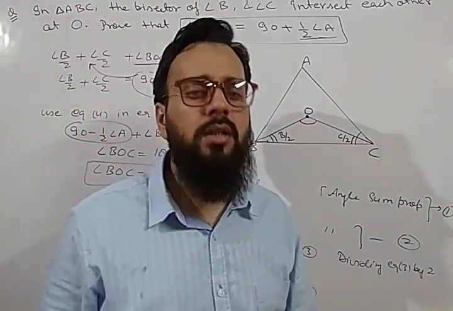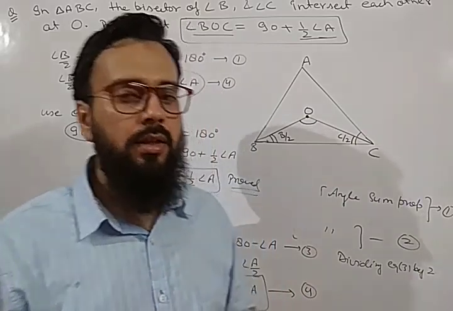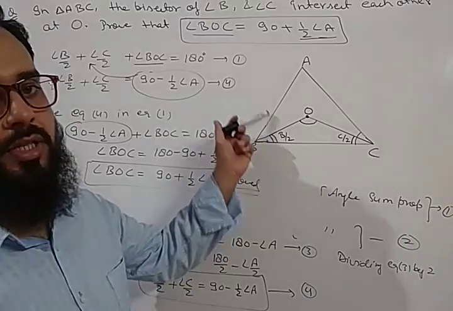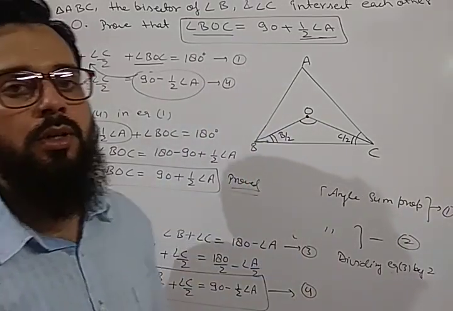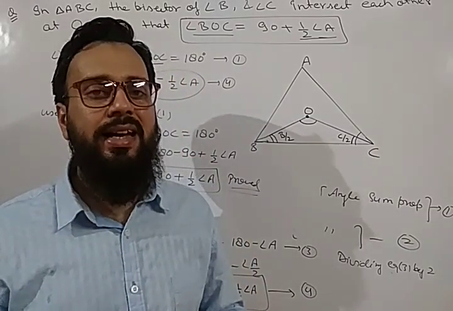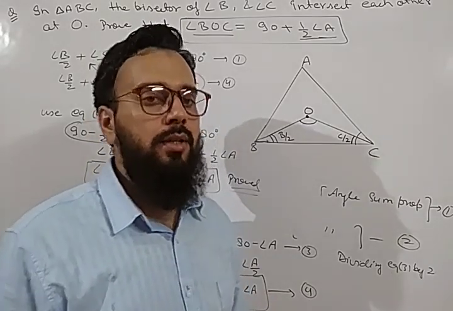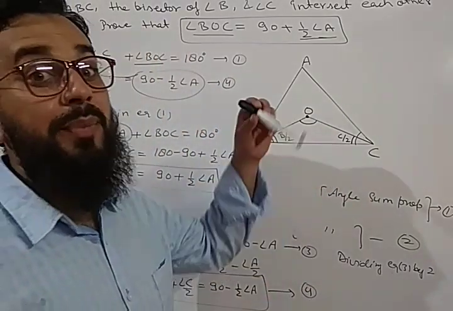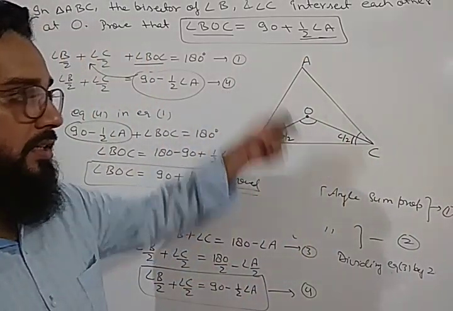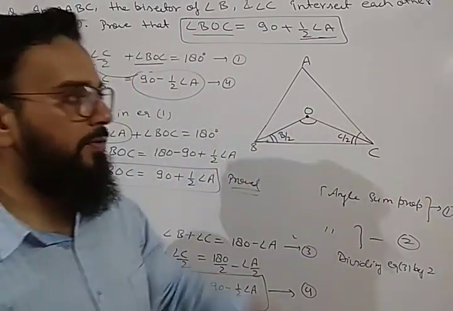So today we have discussed the basics of the triangle, different terms related to the triangle, and we have done a theorem, the angle sum property of the triangle, and this is the most important question of the triangle which we have done in this video. In the next video, we will discuss some more questions based on these triangles, and we will proceed with some more important theorems also. So first you have to remember all the basic terms which I have discussed today, and these two: theorem number 1 and this question. This question is very important. It is generally asked in the examination also, so you have to prepare it very well.